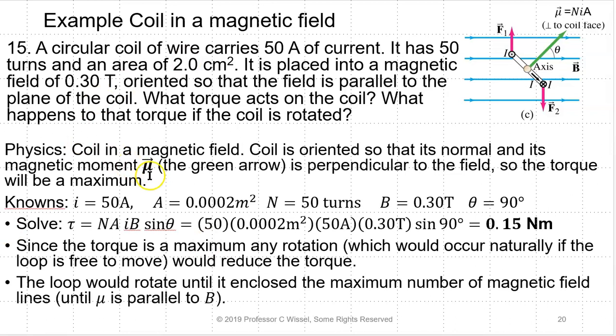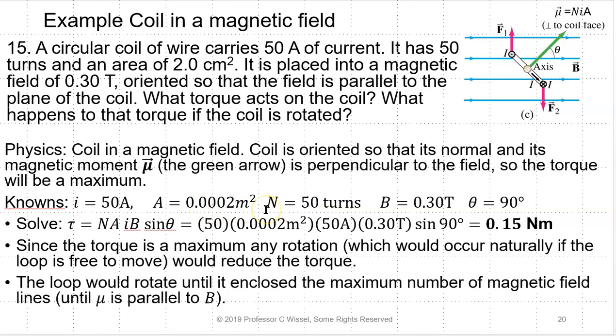The physics of this is a coil and magnetic field. The coil is oriented so that its normal and its magnetic moment mu, which is the green arrow here, is perpendicular to the field. So the torque will be a maximum. In other words, this is rotated so that this is over here. The knowns of this is the current is 50 amps. The area is